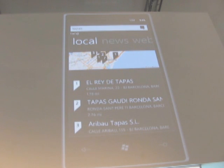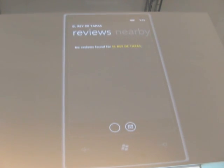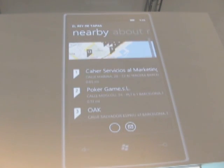I can tap on the map at the top to bring up a map and get directions to the location right off the bat, or I can just simply go right into a little bit more information about this restaurant. I can get directions, I can tap on that phone number and call the restaurant instantly. If there are reviews on it, I would have reviews here. Some of this information is still being populated for European countries. I can see other businesses that are nearby,